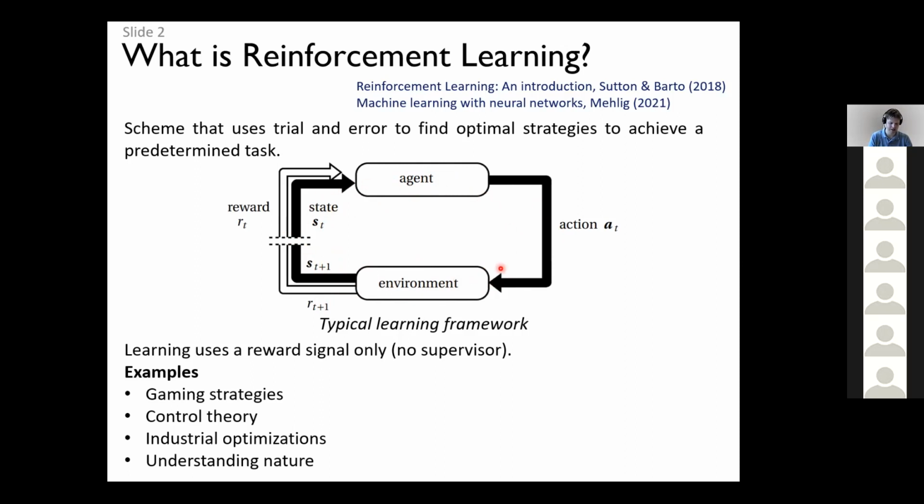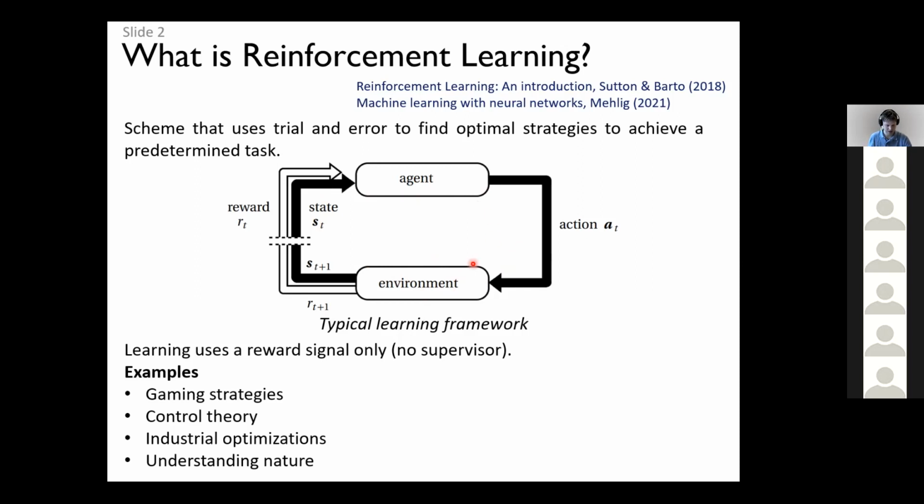And this is a general framework, and it's used in many problems. Some examples are given down here. It's used for gaming strategies, control theory, industrial optimizations, understanding nature, language processing, and other applications. So everywhere where you need to make a decision based on some information, you can use reinforcement learning. In the next slides, I will give some more detailed examples of what these states and actions and agents are. So now it's quite vague, but all examples will fit in this